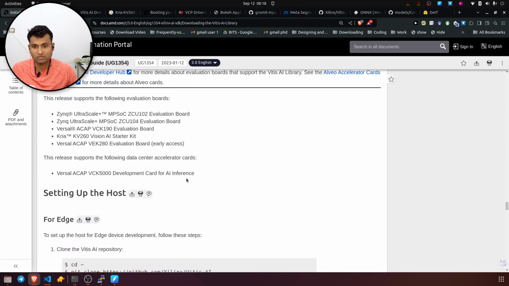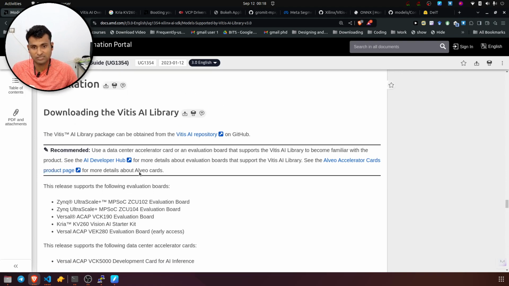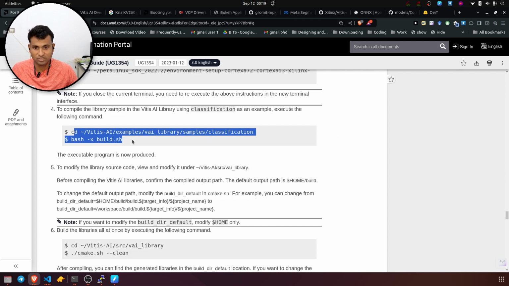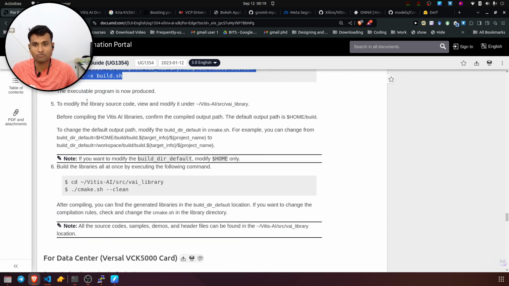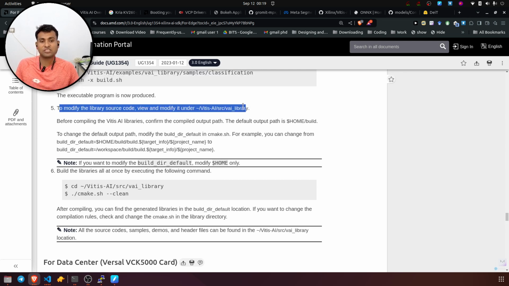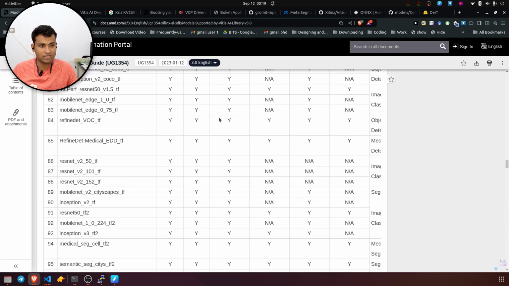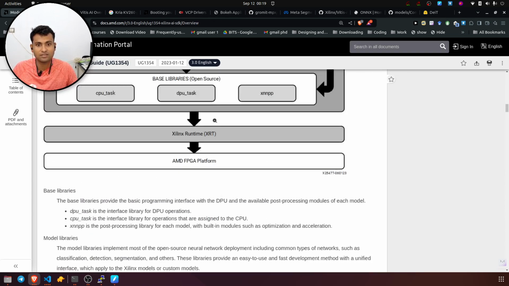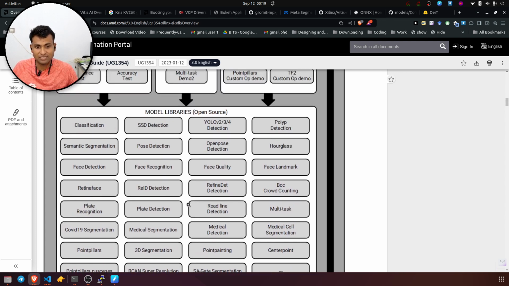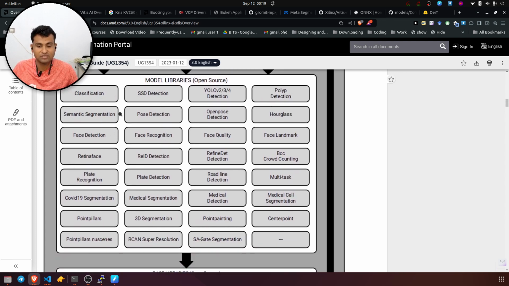Before that, we'll just look at one small theory thing which is remaining. So we've set up the host, and we can actually execute this command. That's where I picked this up from. To modify the library source code, we can go inside the source Vitis AI library. If you were looking at the classification library, let's say, is classification mentioned here? One of these, the first one, if there is a classification library, we can actually